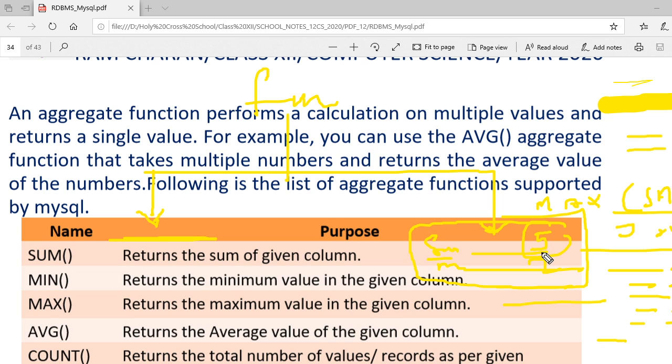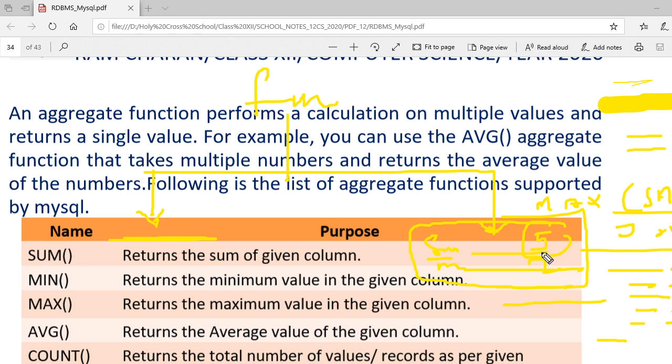It will accept more than one argument also. Suppose who are working as salesman and getting the minimum salary. More than one argument, but printing only one row, right? So in this single row function, it can be of any type and category.